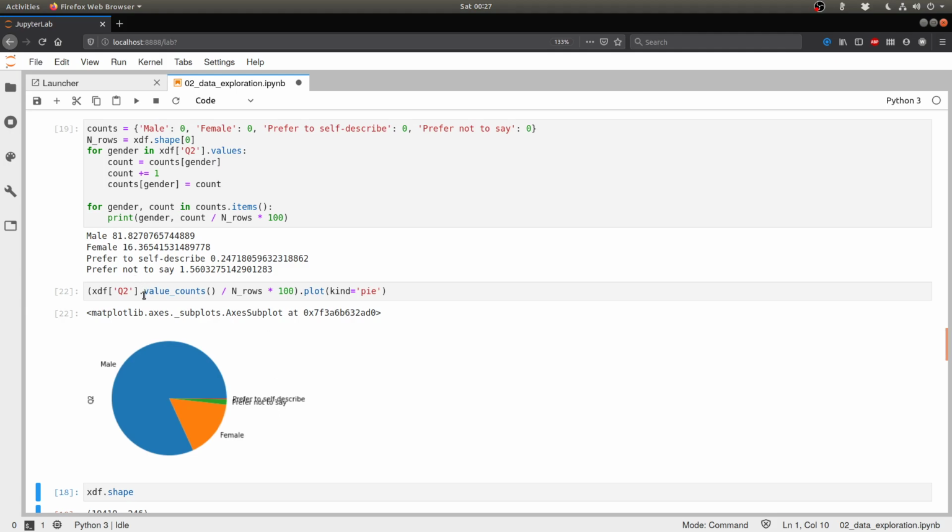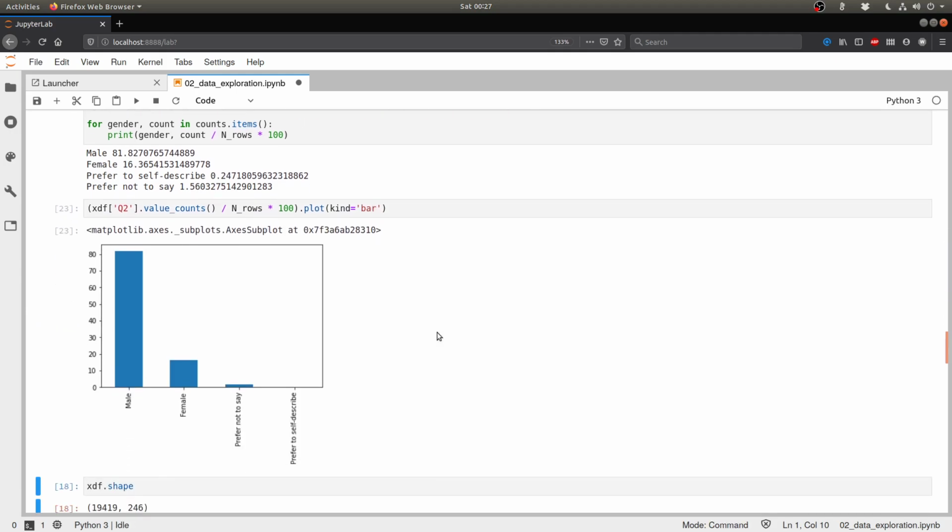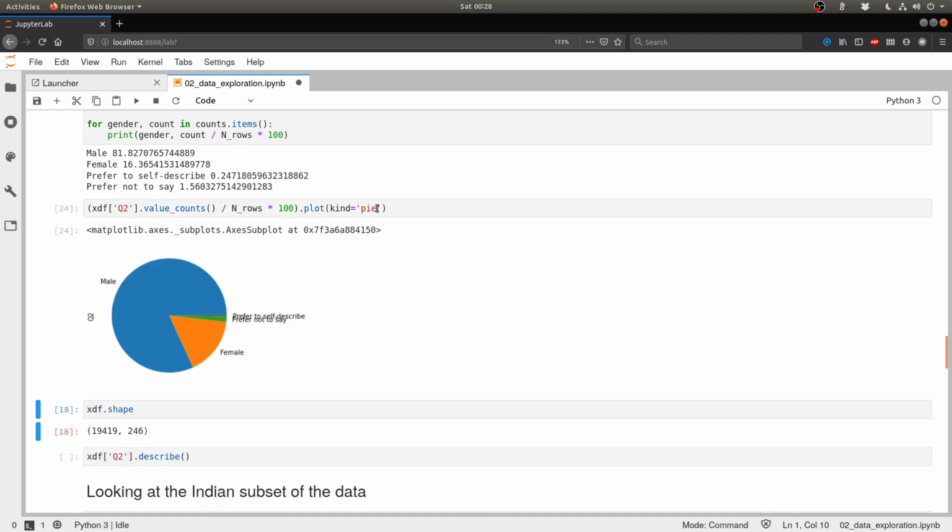You basically use value_counts, you can convert it into a percentage and then plot it as a pie chart. You can of course plot it as a bunch of other things also. We can also plot it as a bar chart. But ultimately the bar chart doesn't exactly apply here because we are looking at proportions, so part of a whole. So that's why the pie chart might make sense. A lot of data visualization experts hate pie charts for good reason. There are always good or bad places to use certain kinds of charts. So be careful with what visualization you pick for what kind of problem. In this case, it works.